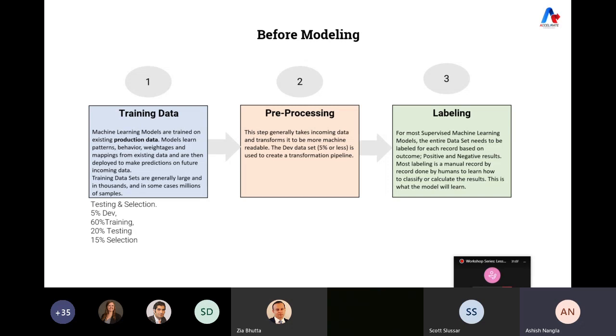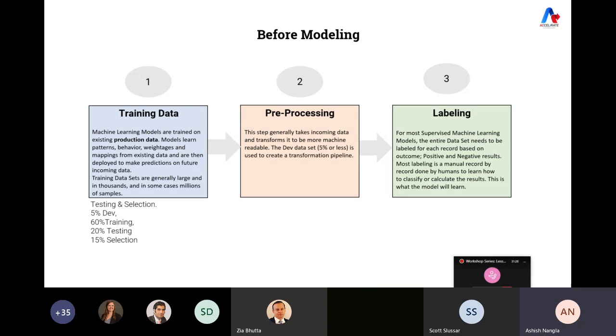Training data. Then we get into pre-processing. So most of the times the data that comes in is not machine readable. It could be in email formats, or it could be in some other database formats that we need to make sure is ready for pre-processing,